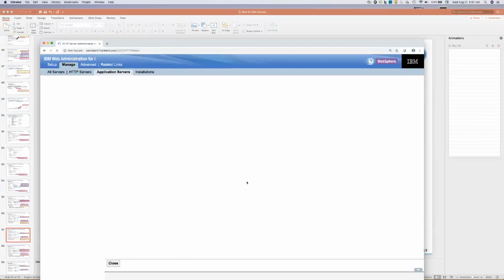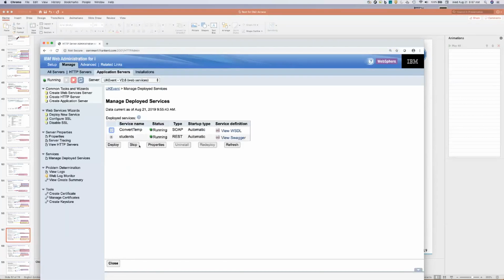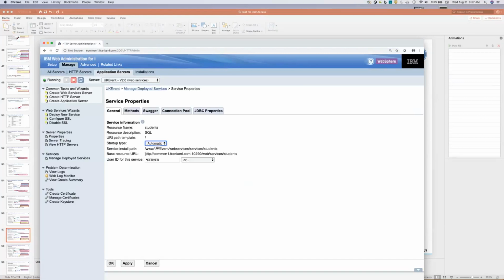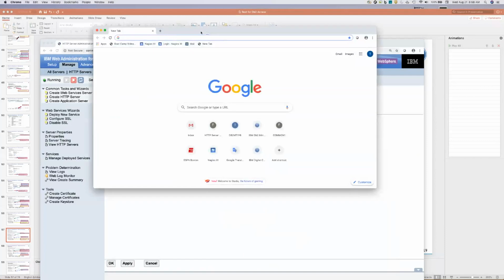So now that I've got this up and created, let's go take a look at one of these for just a minute. If I were to call my base URL path students, I'm just going to copy this, and let's open up a new window. So I've got a new browser window that I've created. If I drop that URL in and just hit go,